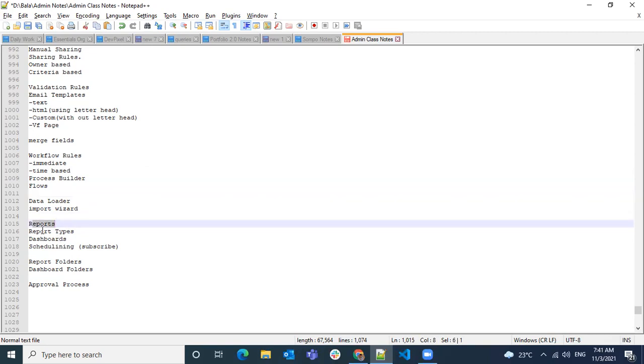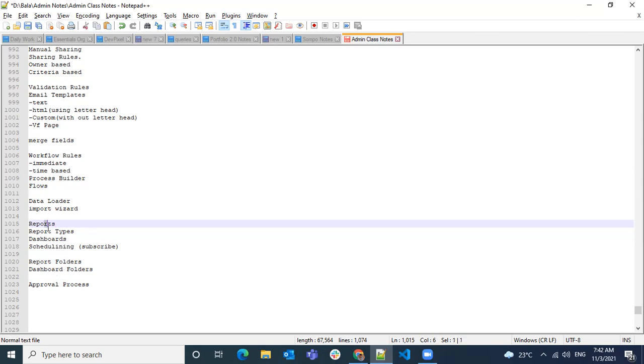Reports are also important, where we can create data, filter data, and group it, and there are different types of reports available. We can create some KPIs. And once we have created the reports and dashboards, we no longer need to log in every time and check. We can subscribe to those reports and dashboards so that we will get emails at a scheduled time, like every Monday or every day at this time. If you subscribe, it will generate the report and send it to your email.